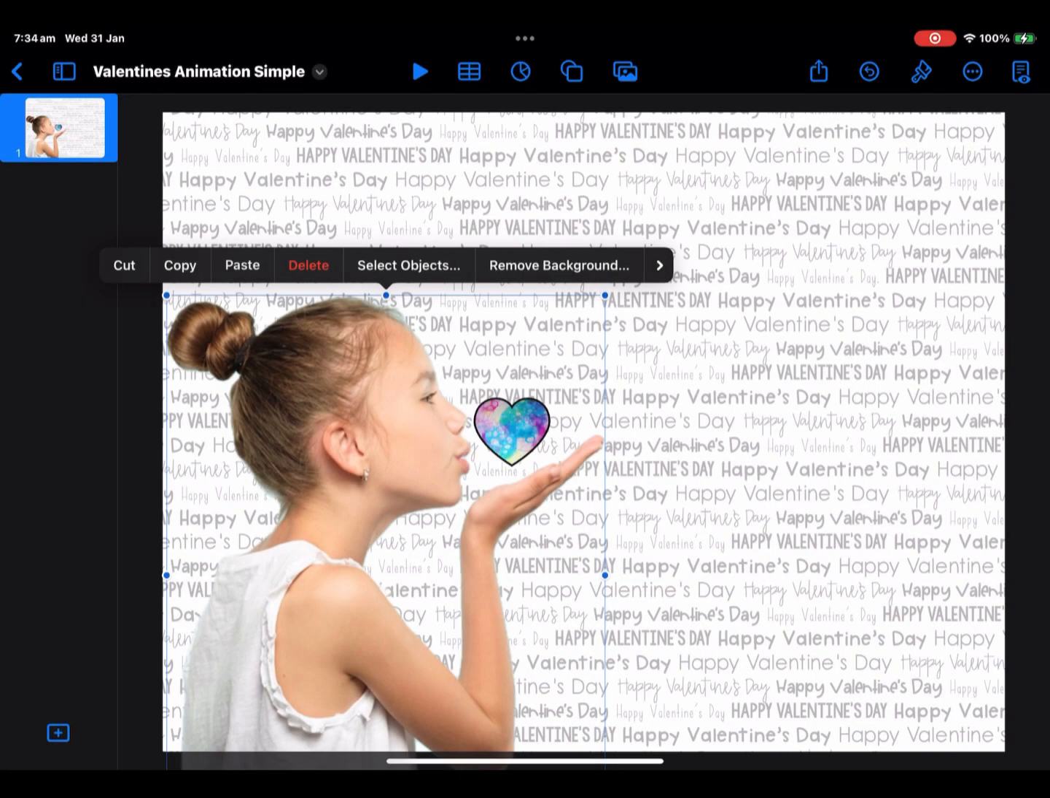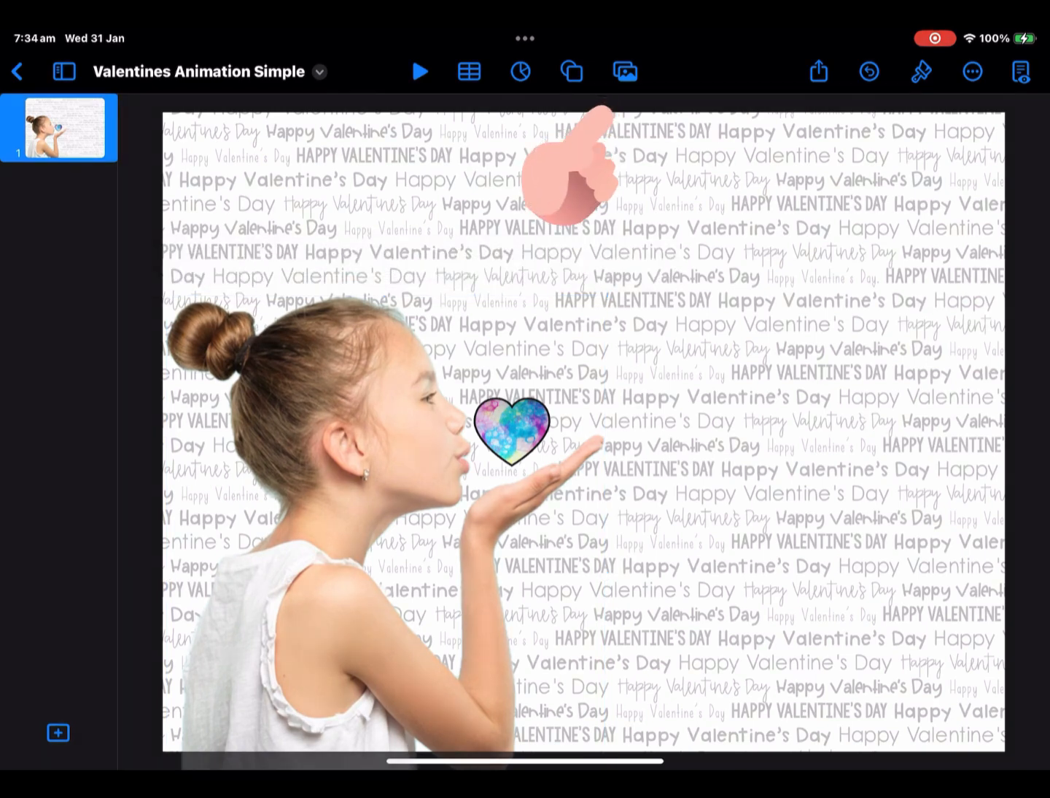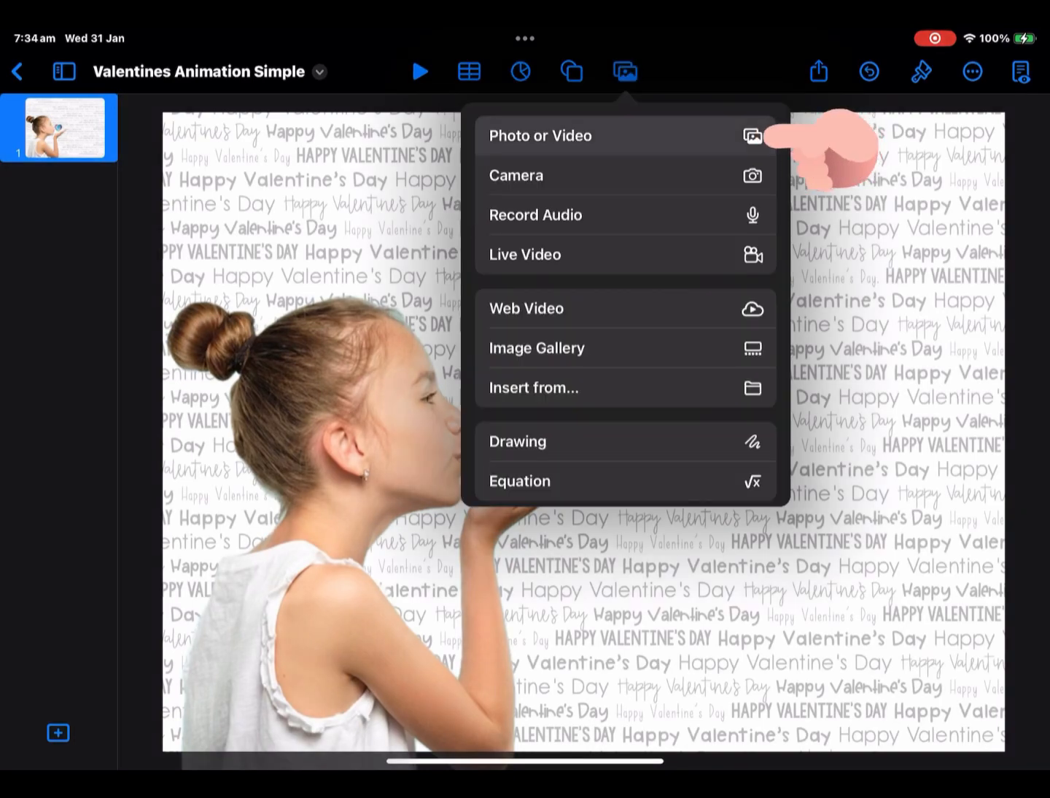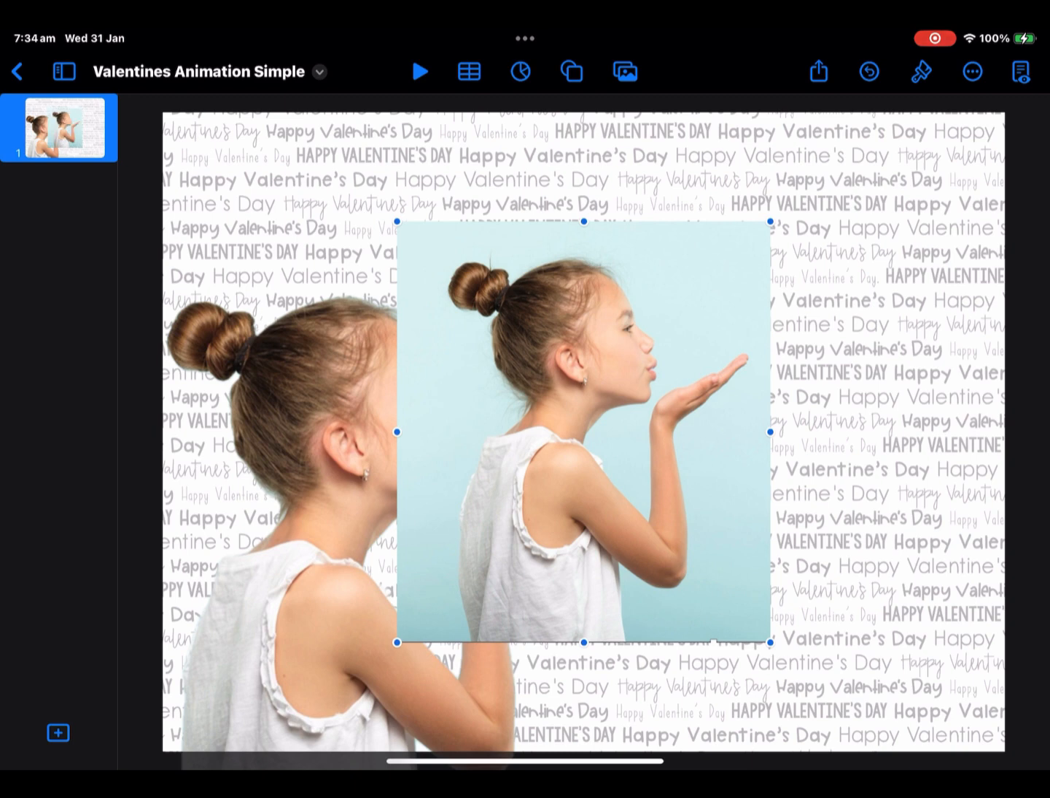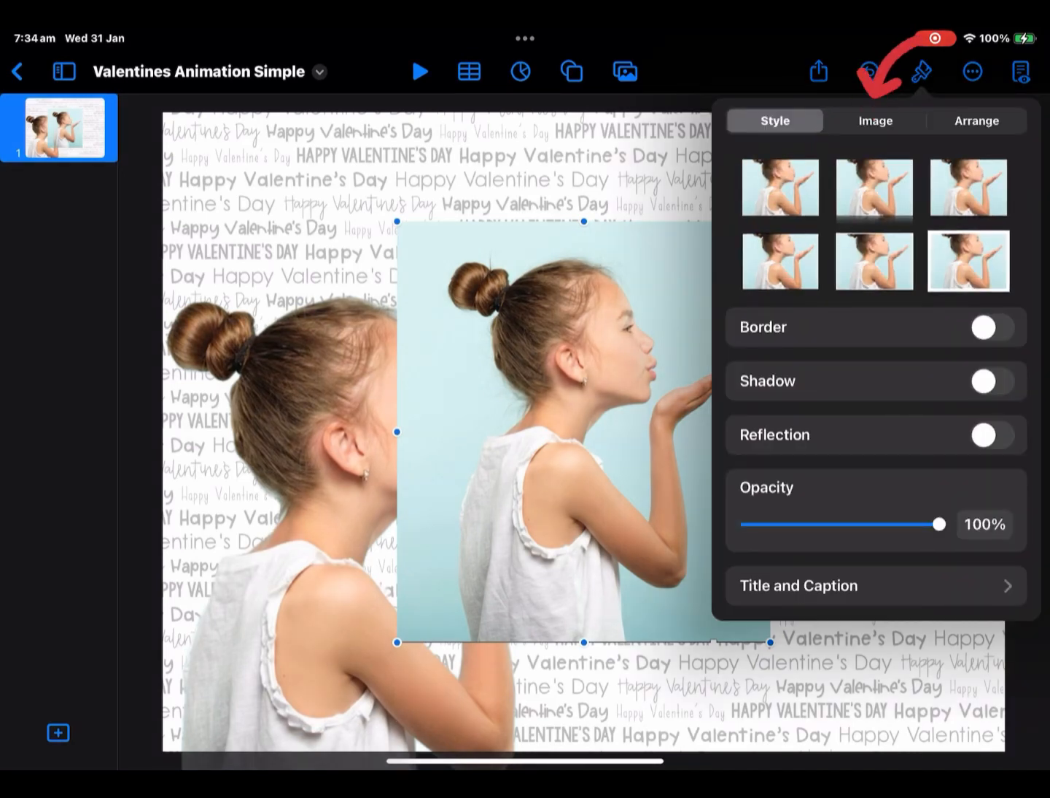If lift subject is not working for you, you can still add your image within Keynote. Again, we're going to tap on the media icon, go to photo or video, and find the photo with the background in your camera roll. Once that's imported into Keynote, and we make sure that that image is selected, and we know that it's selected by the little blue circles around the outside, we're going to tap on the paintbrush, tap on image, and then